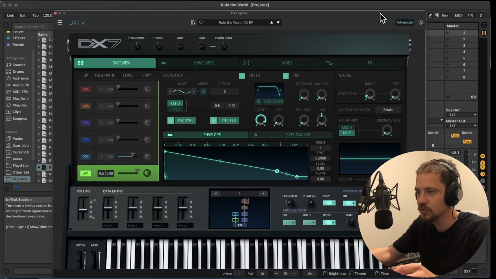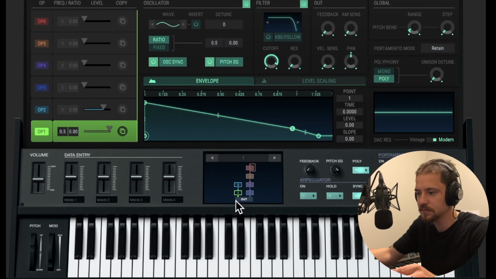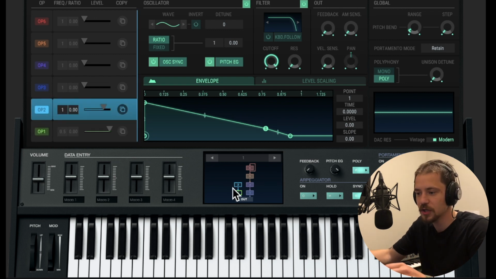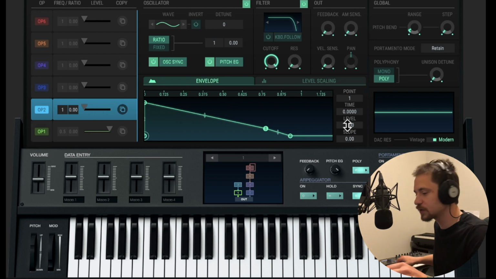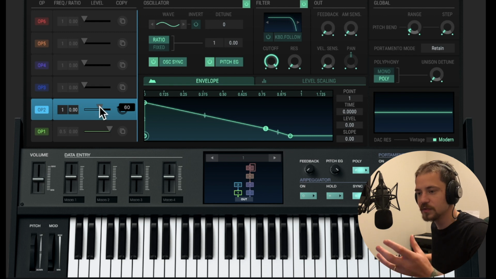and I'm going to show you how I did it. So going into advanced, this is algorithm number 1, and operator number 1 is a carrier. Just using sine waves like the DX7 actually was. And then operator number 2 is modulating the wave of operator number 1. If I use just operator number 1, you're going to hear pure sine waves. But if you increase the volume here, the level of operator number 2, the frequency of the first operator will be modulated. But I have done some things to the envelope here,